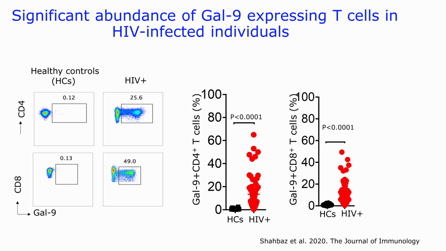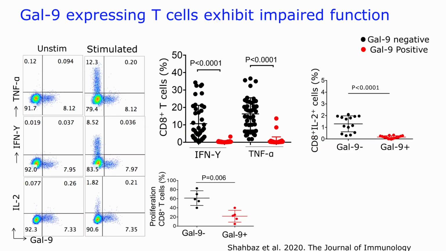So this is a flow cytometry plot. Obviously, each dot represents one single cell. And you can see that this is the healthy individuals. In healthy individuals, we don't see much galectin-9 on the surface of T cells. However, when you look at HIV-infected individuals, you see massive expansion of galectin-positive T cells. And then we wanted to see what the difference in function is between those galectin-positive and galectin-negative T cells. We did extensive work, but I will just present one or two slides.